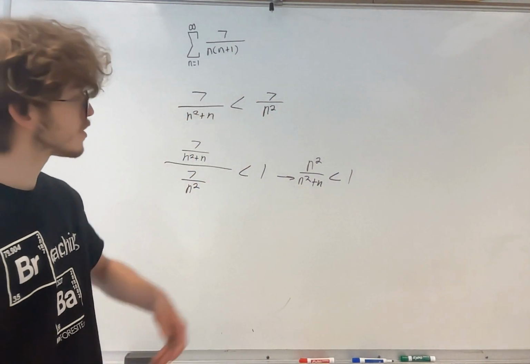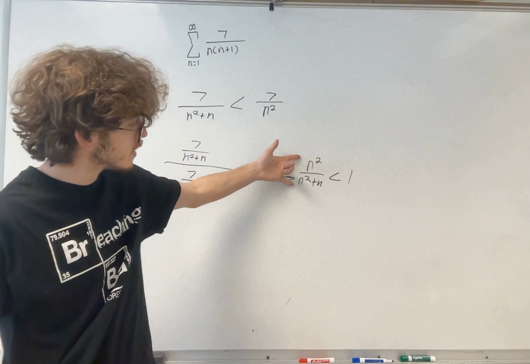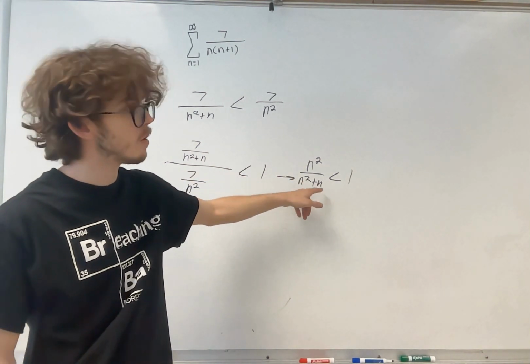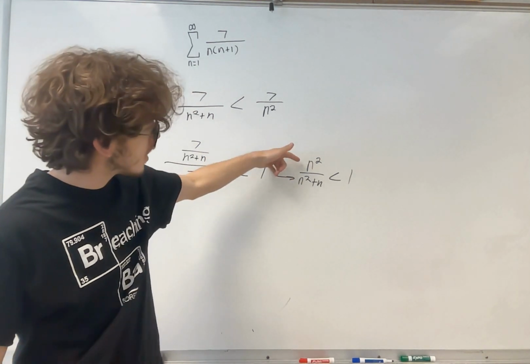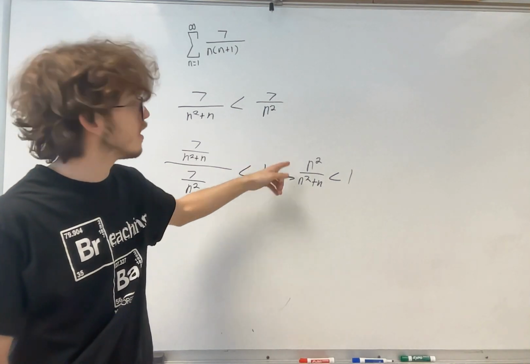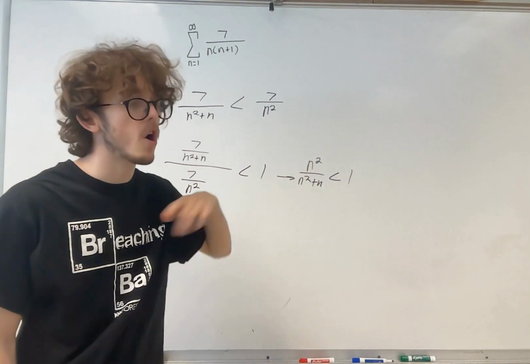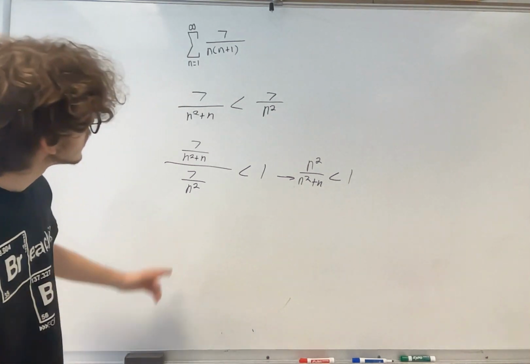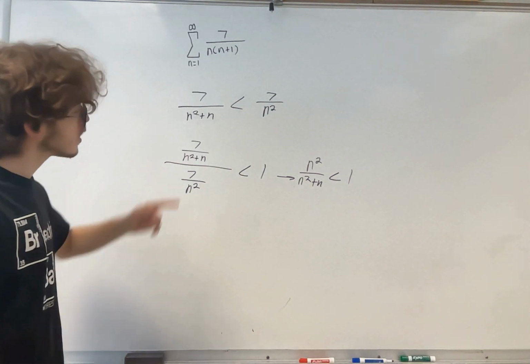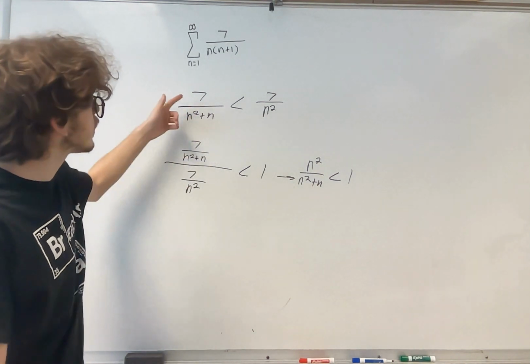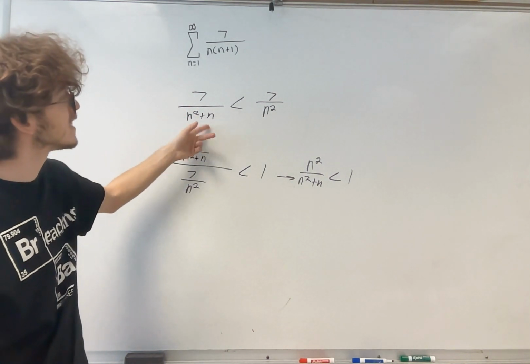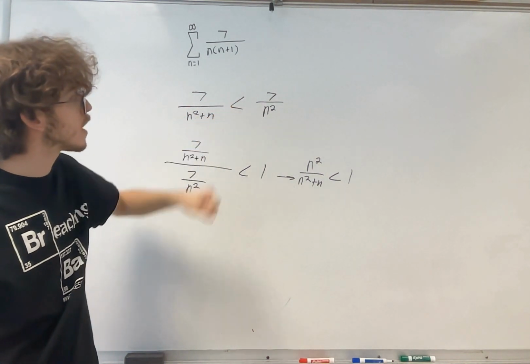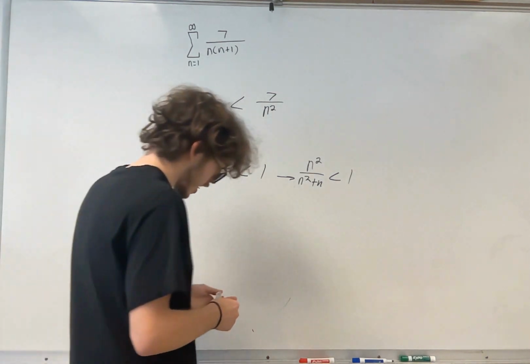You should say that this is true, because for all of these terms we plug in, we add more. It's always going to make the numerator less than the denominator, which is always going to output something less than 1. So this is true. We know this. So we're allowed to make this statement that 7 over n squared plus n is less than 7 over n squared. Let's use this ideology